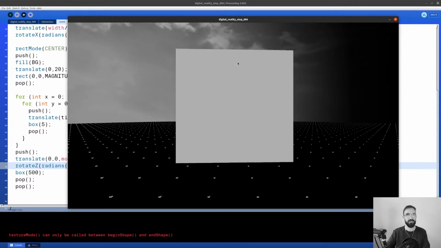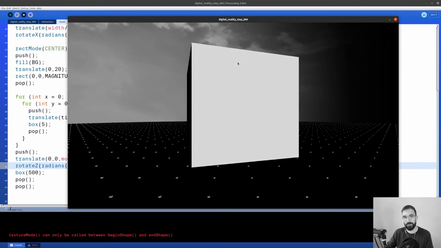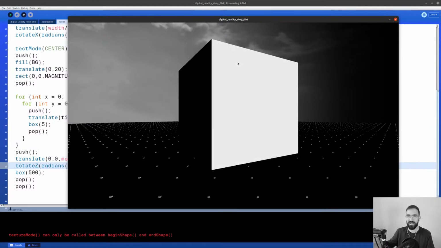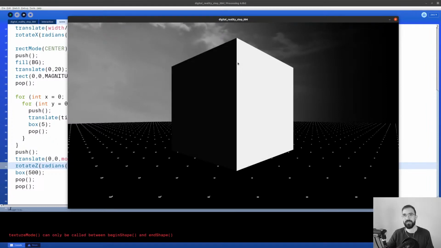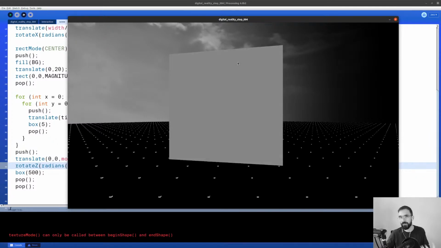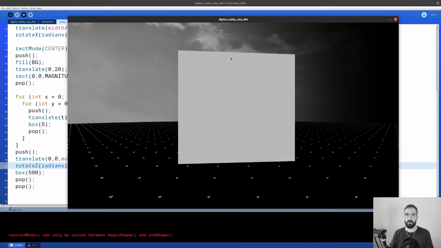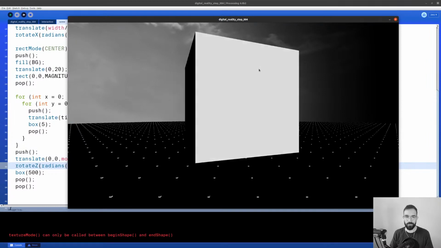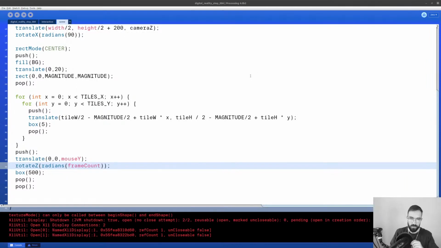Processing is super lo-fi and low-tech. But it forces you to understand the principles instead of just applying some fancy techniques that fix all the problems themselves. It forces you to think, and that's what I really like about it. Cool, we've got a box rotating in our 3D scene. That's amazing. All right,